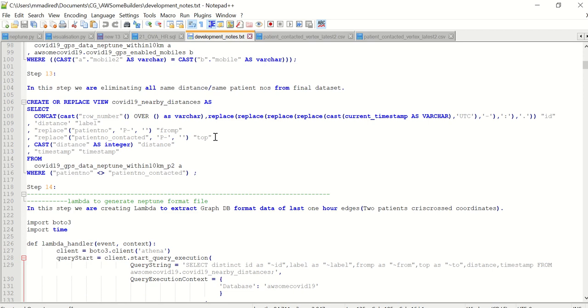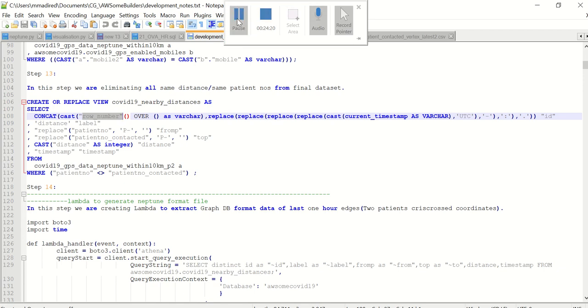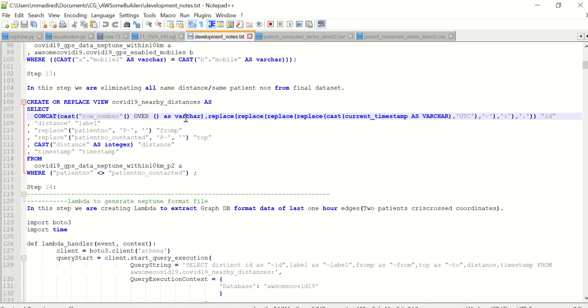So we are concatenating the current timestamp with the row number generated. So you will have a unique edge ID even if we are inserting millions of records. So this is to generate the unique identifier, the unique edge ID.